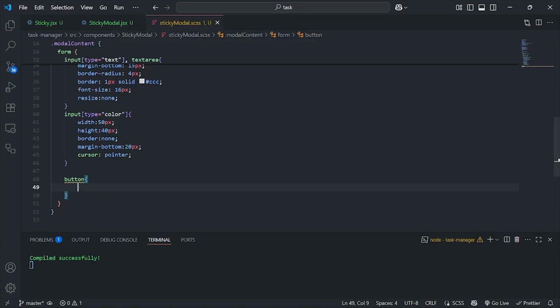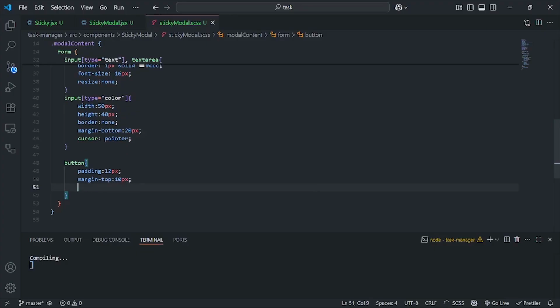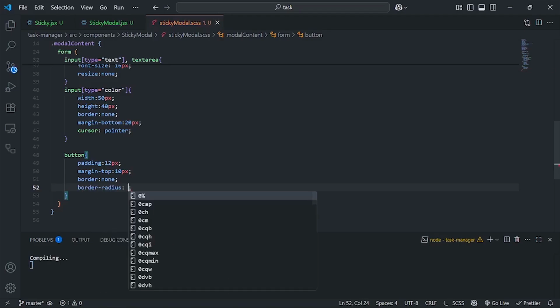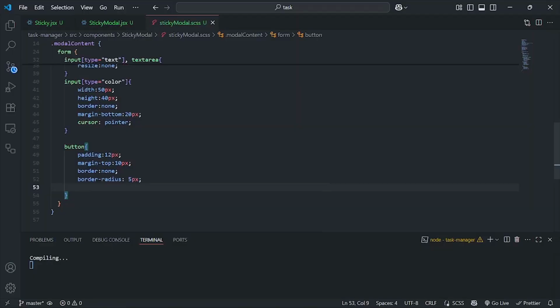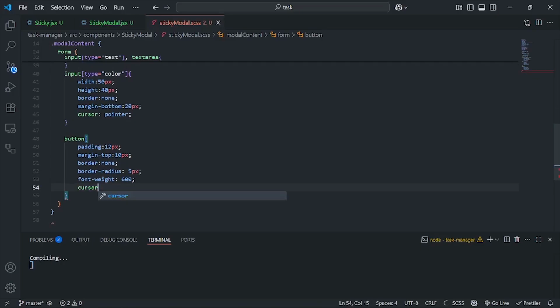So here button, the padding should be 12 pixels, and then margin top should be 10 pixels, and border should be none, and border radius should be 5 pixels, and let's give a font weight of 600. Then cursor should be pointer,